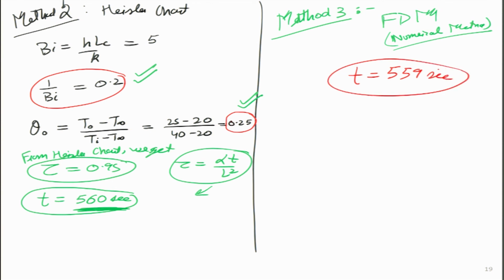So which method is best? I think all methods are actually good, but the important thing to keep in mind is to try and revise as many methods as possible. In today's world, with a lot of high power computation available at very low cost, numerical methods are gaining a lot of speed, which is why I will spend the next few lectures on numerical methods. I will talk about the finite difference method and so on.